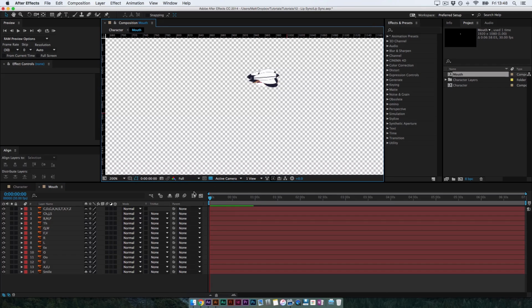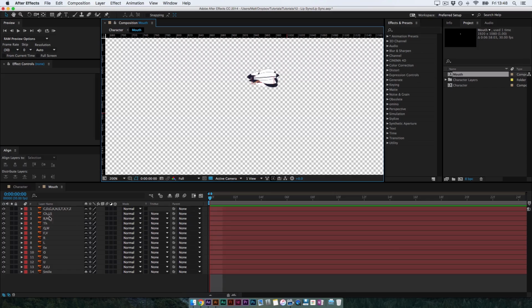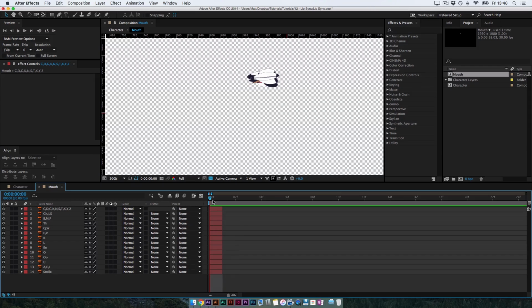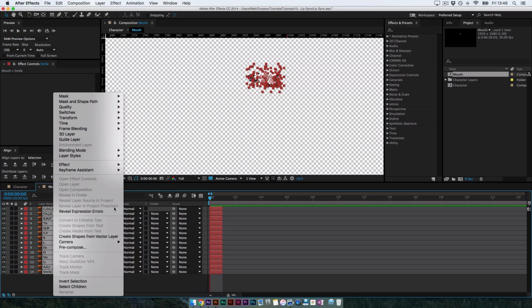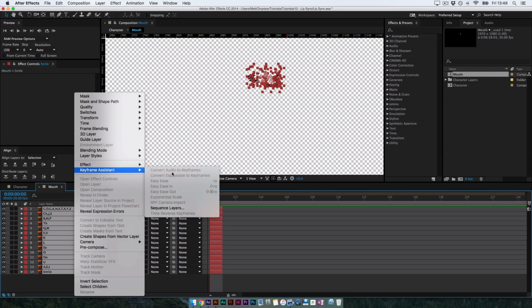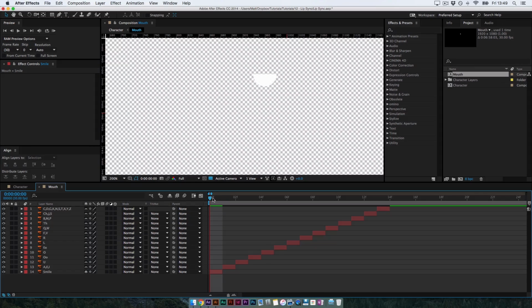mouth animation. So if we zoom in a little bit so we can see down to frames, first thing we're going to do is select every single layer, hold Alt and click close bracket. We're going to make all of these layers 1 frame long, and then we're going to select them all again, and we're going to go to keyframe assistant, sequence layers. Actually click on it, and then if we just click OK, what this does is it plays all of our layers in order. So already when you scrub through, it looks like we've got mouth talking,